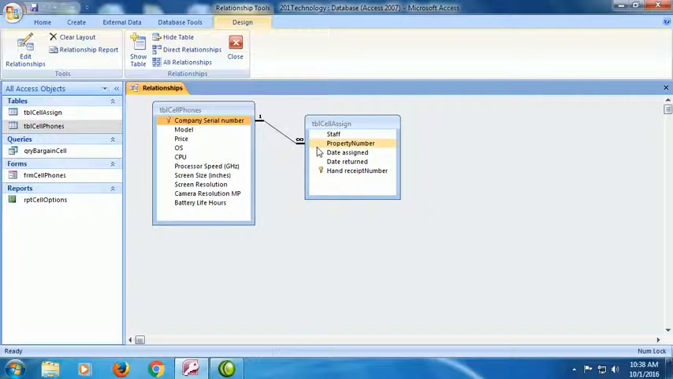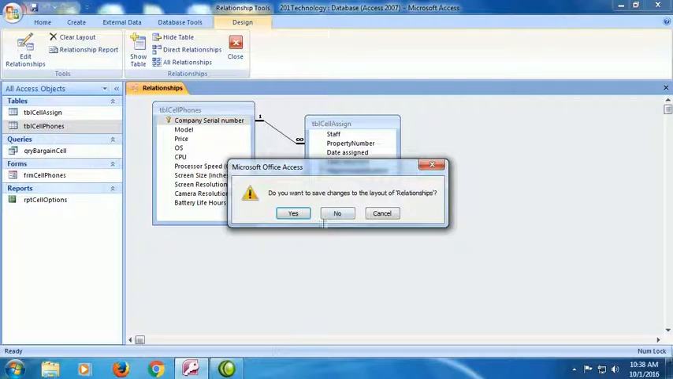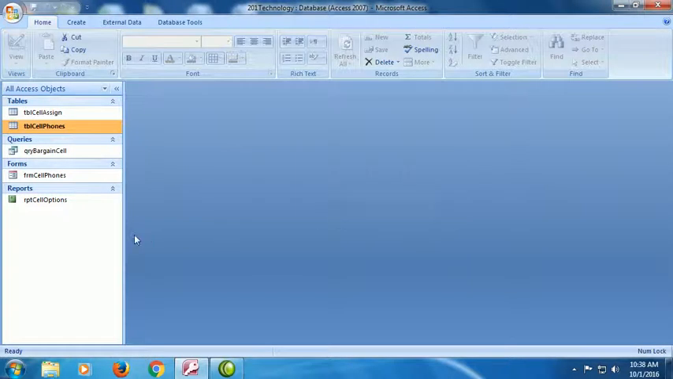So this one-to-many sign looks at the relationship between table cell phones and table cell assign. All right, so we've looked at tables both on the surface and in design view. We've looked at the relationships. This is again just dealing with a layout. The relationship is built whether I save it or not. Let's walk through the rest of our objects just so you get an idea of what's going on behind the